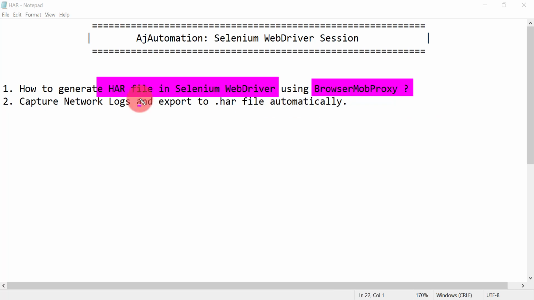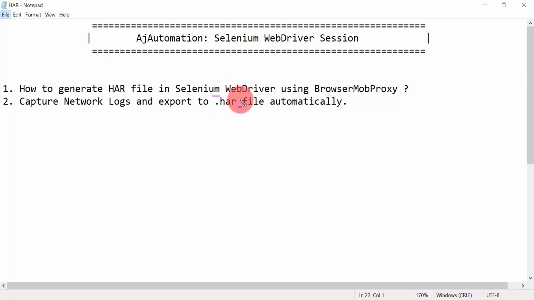Okay, so in this session we are going to see how we can generate that HAR file that we have created manually. So I want that file to be created automatically when I run my Selenium test case. Okay, so after running the Selenium test case, if any test case failed, at the end of execution I should get this .har file. So this file should be generated automatically so that I can share that file with my developer, and it will help the developer to find the root cause of the issue and be able to fix that issue in less time.